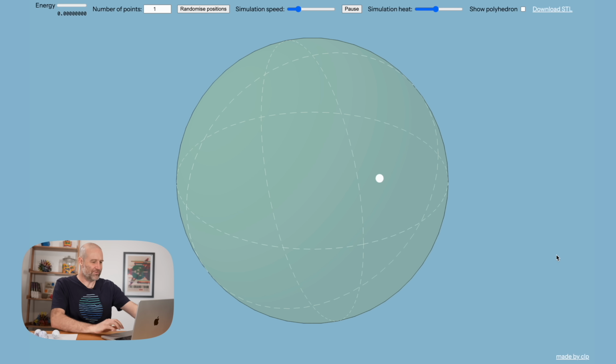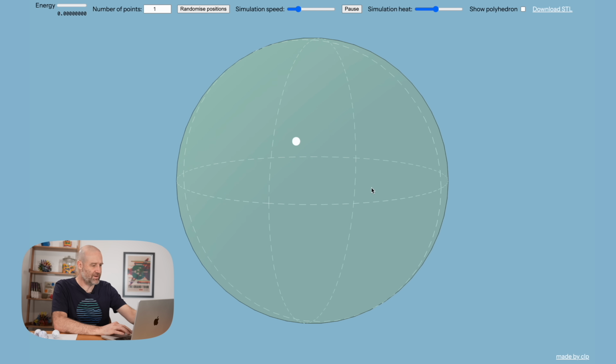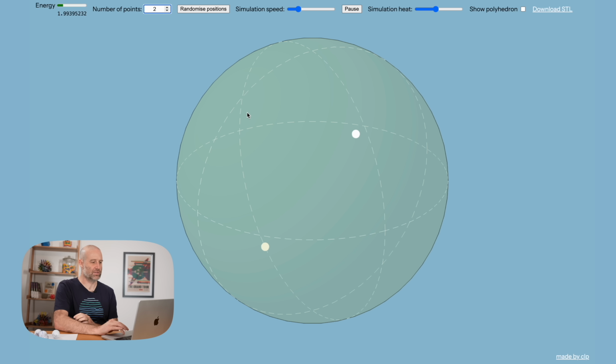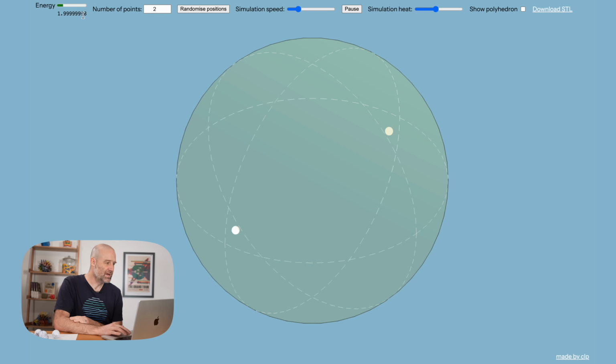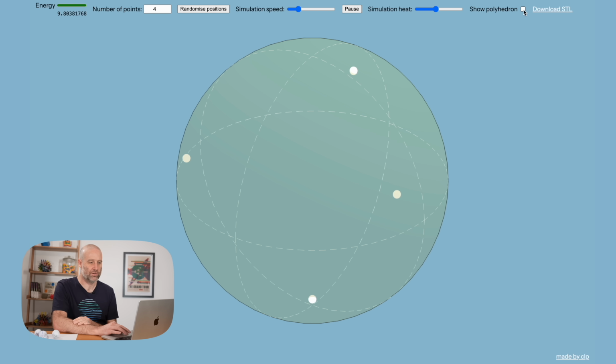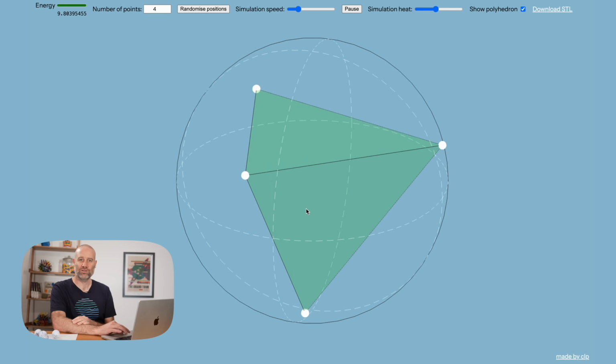Here we have a points on a sphere simulator written for me by my friend Christian Lawson Perfect. Currently there's 1 point on a sphere. I can increase the number of points, and what this does is try to maximize the total distance between all of them. So if I go down to 2 points, you'll see that they gradually evolve to be on exactly opposite sides of the sphere. And what we're calling the energy in the system, that's just the sum of the distance between every pair of points. So let's go back up to 4, and they will arrange themselves into a perfect tetrahedron. I can actually turn on the polyhedron. Look at that, regular tetrahedron.